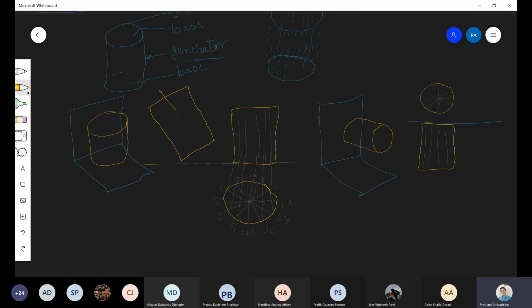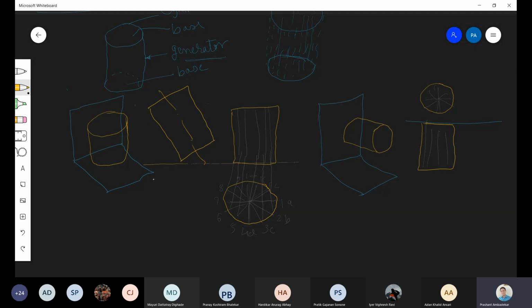Okay, like this. So what will be the question? First, I will start the question. It will be like this: a cylinder of base 30 mm diameter and an axis 70 mm long is resting on its base